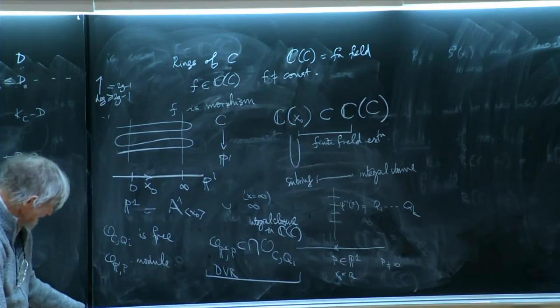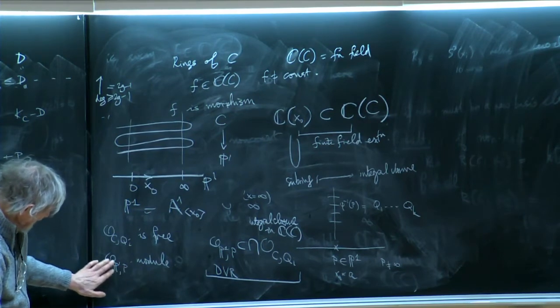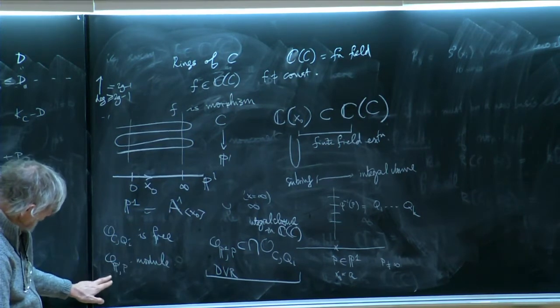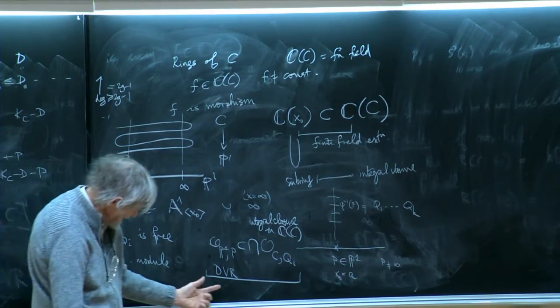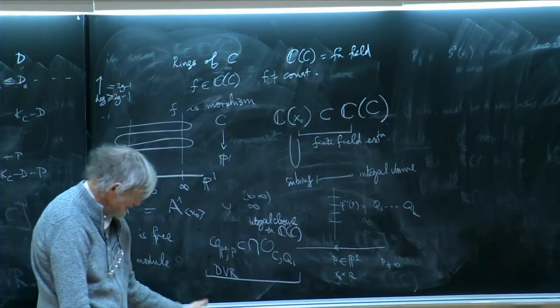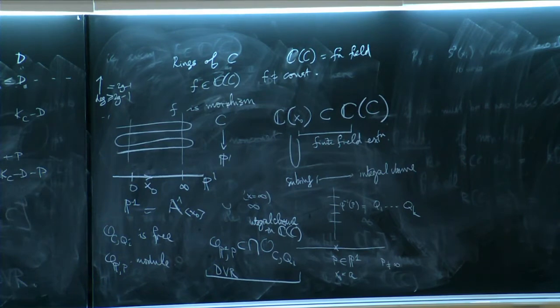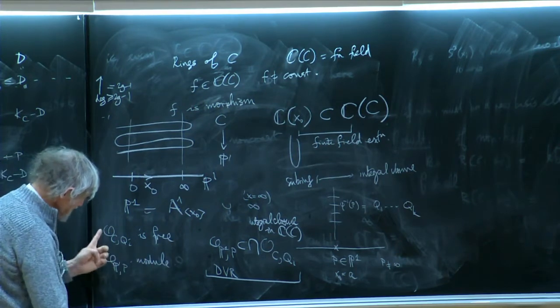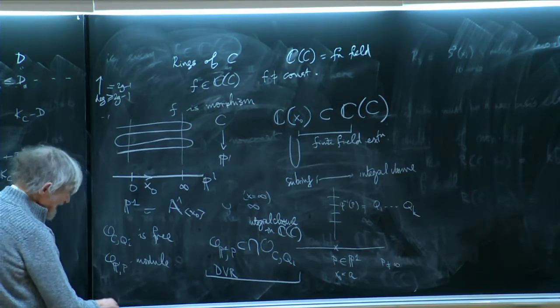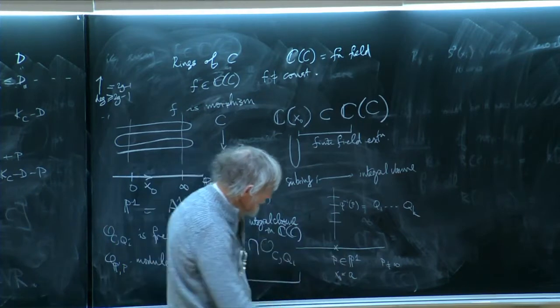So it's finite, and so it's a free O_P1,P module, just by the theory of modules over a discrete valuation ring, which is just Gaussian elimination. So this is a very, very elementary result, but the consequence of that is that the degree of